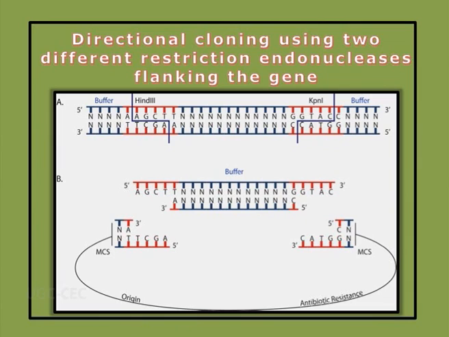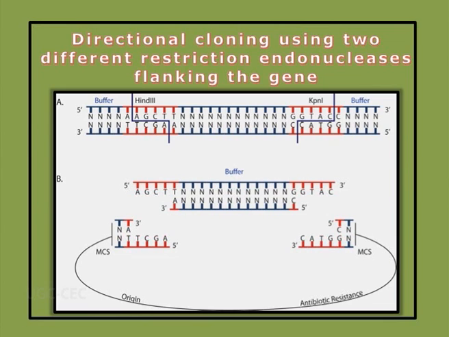So you can see here that if I want to carry out directional cloning, I need to have two different restriction endonuclease recognition sites. Here the sites are HindIII and KpnI. The benefit of directional cloning is that the DNA is introduced in the preferred direction that you want. This is really very important when you are interested in carrying out the expression of the gene, because if the direction gets altered, then the expression will not be done. So we can understand the importance of directional cloning.